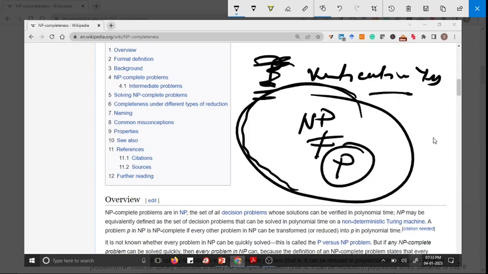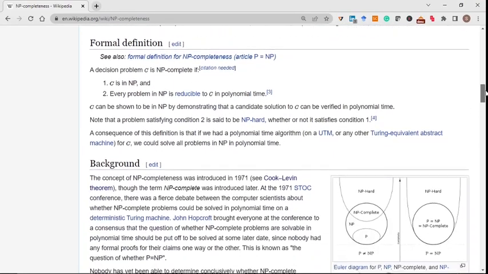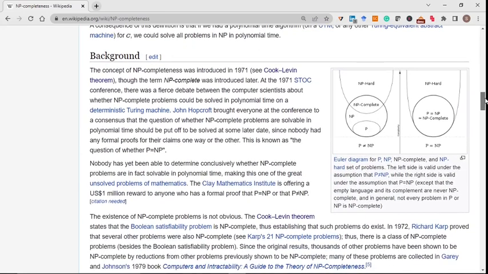Nobody is able to prove that P is also not equal to NP; nothing has been proved here. So these are all things which are yet to be done. Few scientists believe that P is equal to NP, some scientists believe that P is not equal to NP.